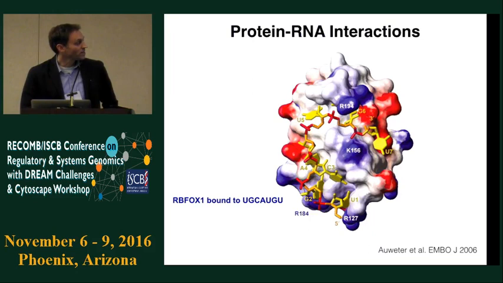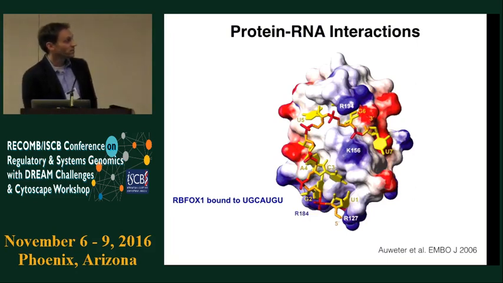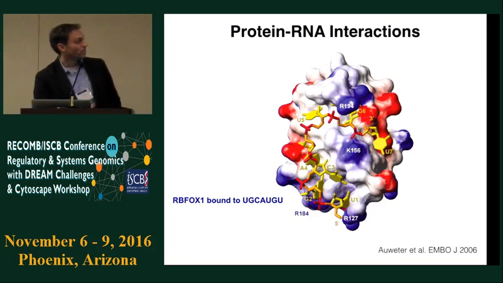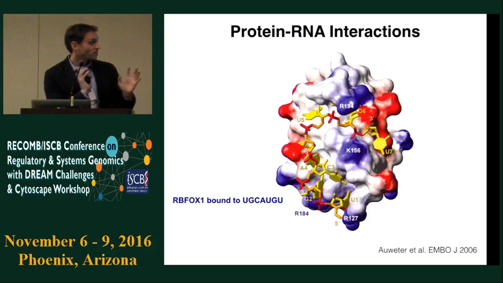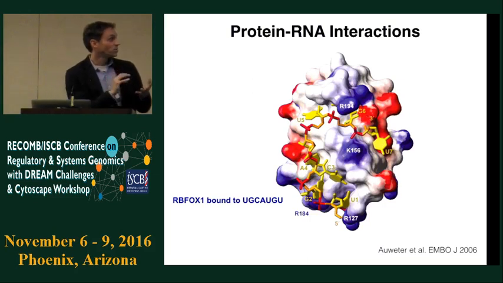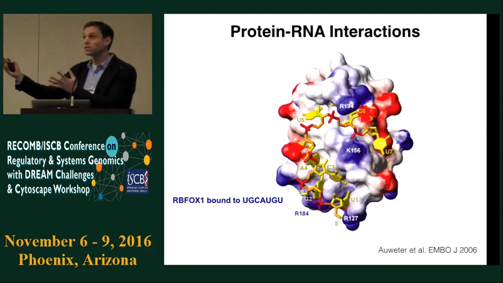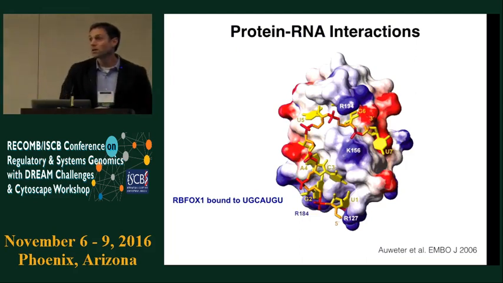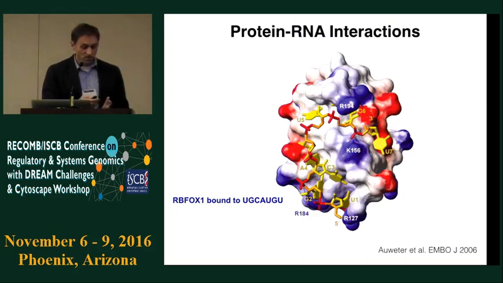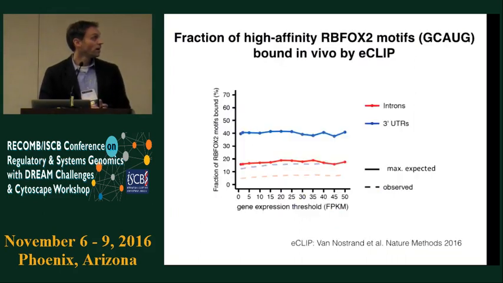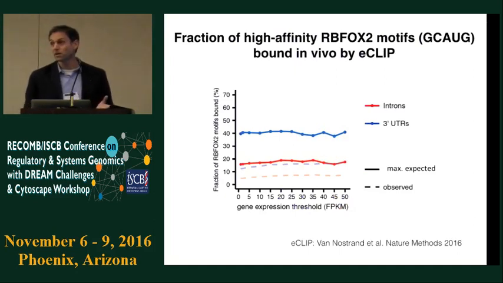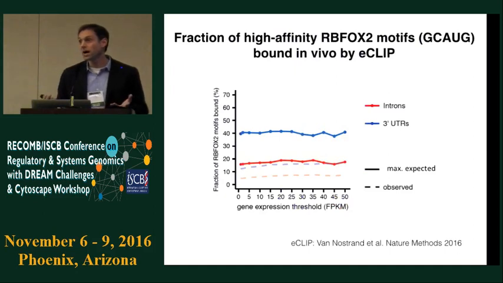So here's the RBFOX1 protein bound to one of its favorite RNAs, UGCAUGU. And what you can see is that in this case, the RNA kind of threads its way across this beta sheet, which is the RRM domain of RBFOX. And it seems like FOX is ideally evolved to bind this thing, and if you express enough FOX, it should presumably bind all the sites, all the UGCAUGs in the transcriptome. But when you look in vivo by CLIP, and here we're showing some data from Jean Yao's recent